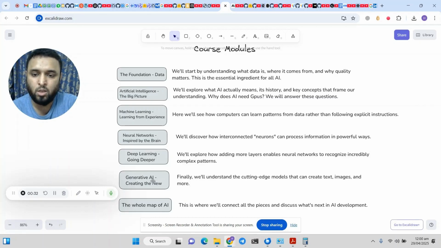And then eventually, as the last module, we will cover generative AI, and we will try to understand how the previous modules, all of them, add to this one as we know it today. We will explore how platforms such as ChatGPT use generative AI and underlying concepts of neural networks, machine learning, and other stuff to function. And then, with the help of that, we will try to understand the function of large language models, and that is what powers these generative AI platforms.